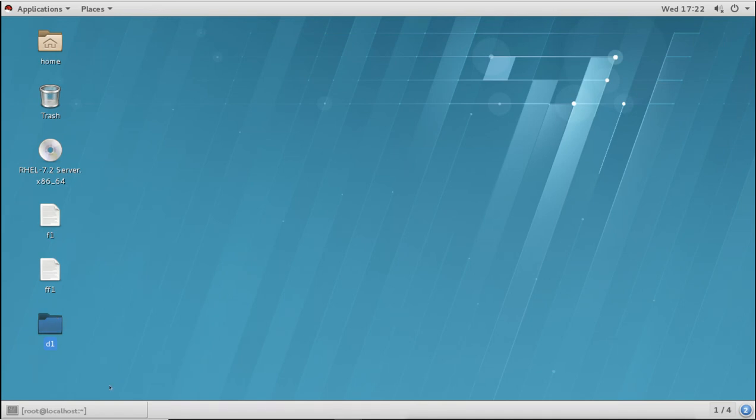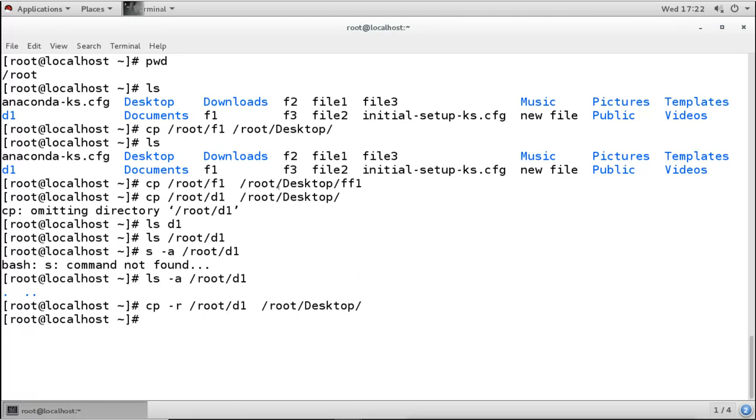So very simple. For copying any file or directory, we have to run the command, then mention the source and the file name, and then the destination. And we can even make a different name on the destination. Then for the directory, the command format is the same: command, then source and then destination. The only difference is that we have to add one option, R. R will copy the directory recursively. We can even add this R option when we are copying files, but it will not make any effect, but we can use it.